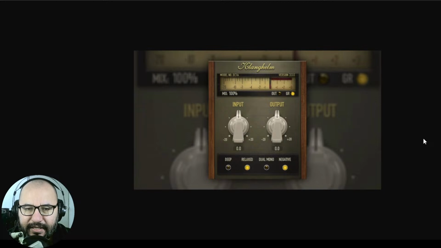Okay, so the next one is the DC-1A by Klanghelm, right? It's a very minimalistic compressor. I love it. This plugin borrows the compression algorithm from another compressor by Klanghelm. It is described as an effortless character compressor. So this compressor does have character and analog coloration. It only has two controls, input and output. Right, it's like an